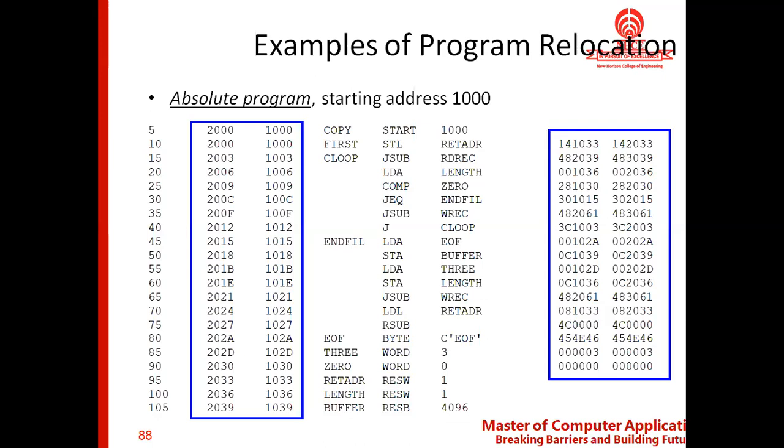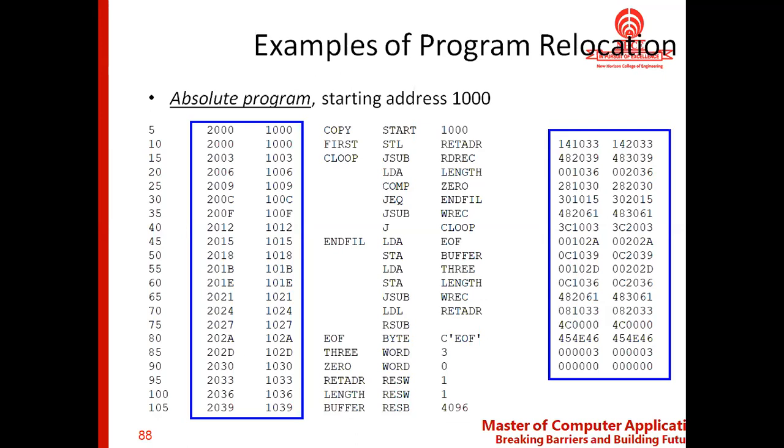So this calculation part, that is how we assign the address and how we derive the object code, we already discussed. The same thing is given in this slide also. Now, the point over here is, since we are talking about program relocation, suppose the program with starting address 1000 is relocated to another address, say 2000. So what happens to the object code? That is what exactly we are going to see. What changes does it make in the object code?